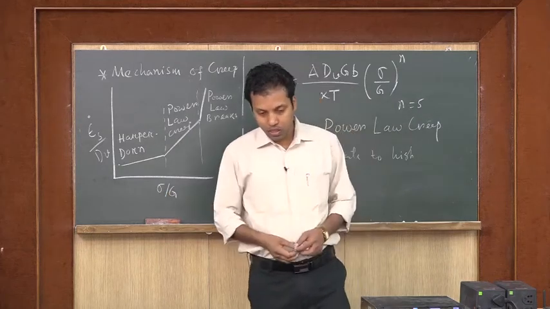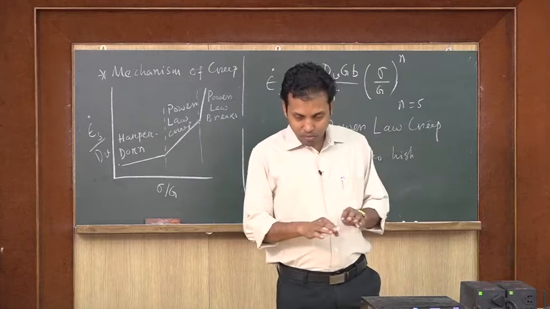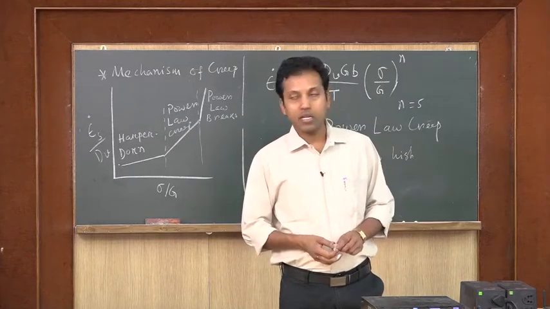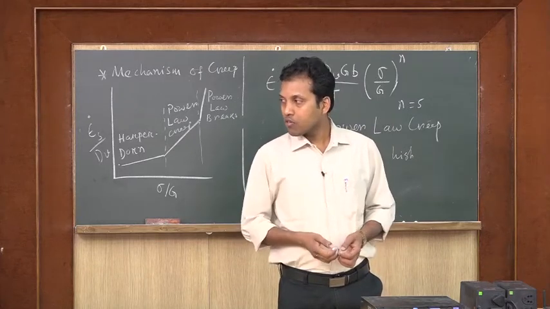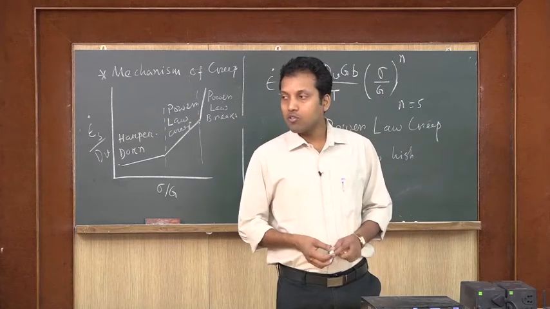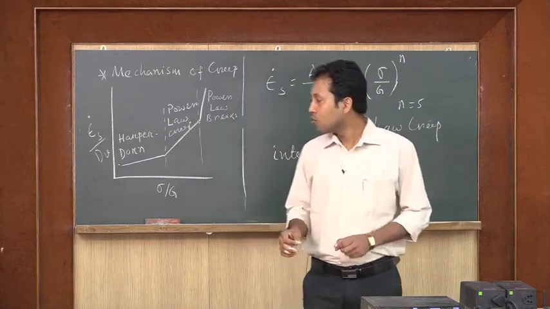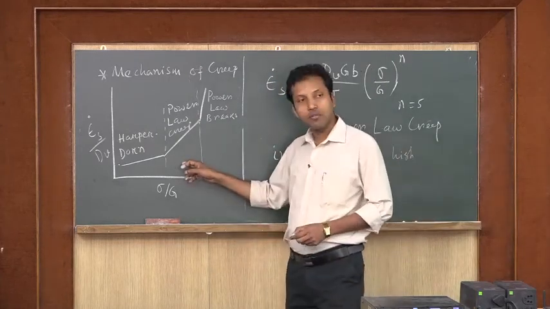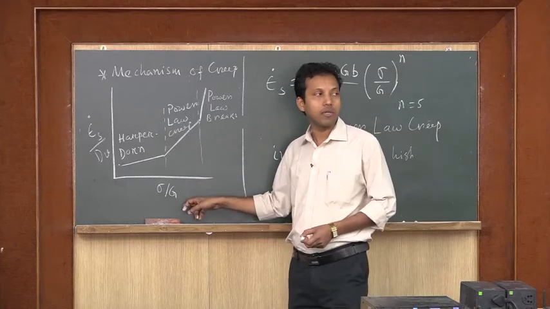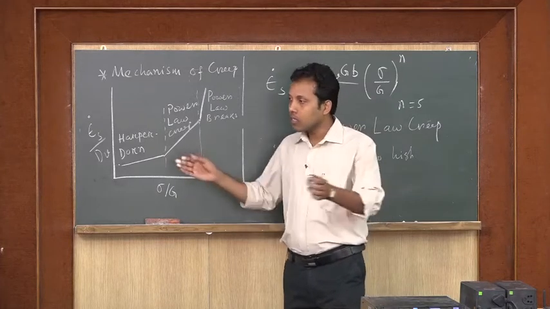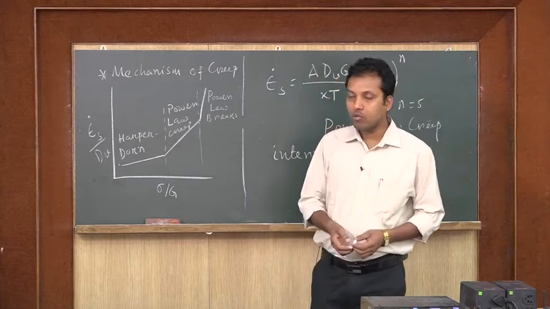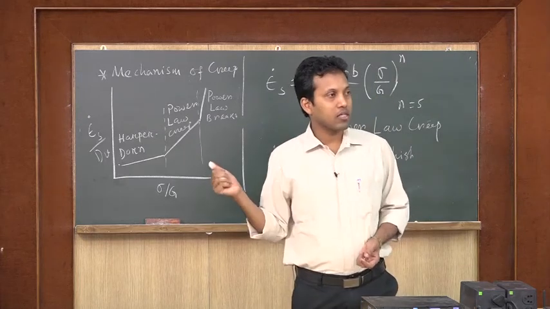Why is that required? To make a simplified graph, because for many materials the strength is not the same. So, the applied stress will be varying. For that particular material we have to normalize by the shear modulus of the material. In that case, we can compare in a single diagram. Do you follow this or not? Means why normalizing is required?